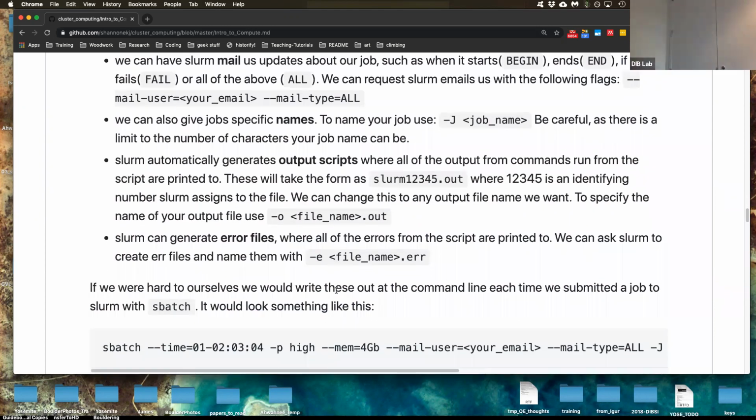And then you can also name the files that Slurm generates as output and error files. Slurm will automatically generate an output file. It needs something to write the output to, so it just does that automatically. If you don't give it a name, it will be denoted by slurm and then a series of numbers and then .out. But we can use these names to our advantage, so we can name them whatever we want. The .out is just a convention that